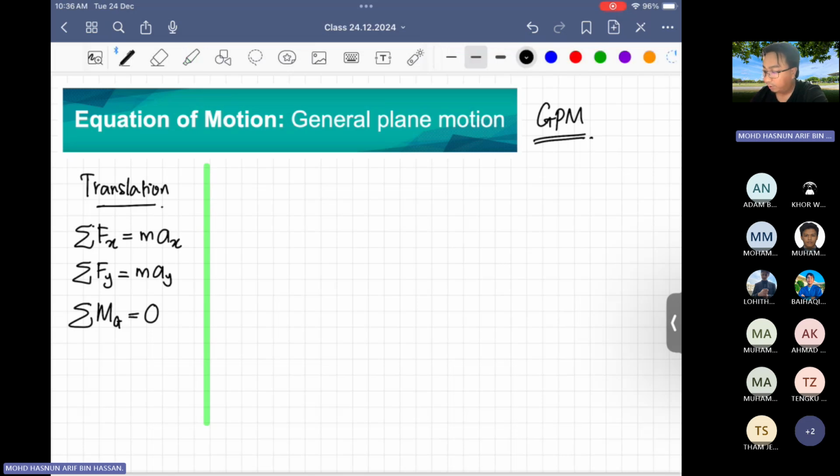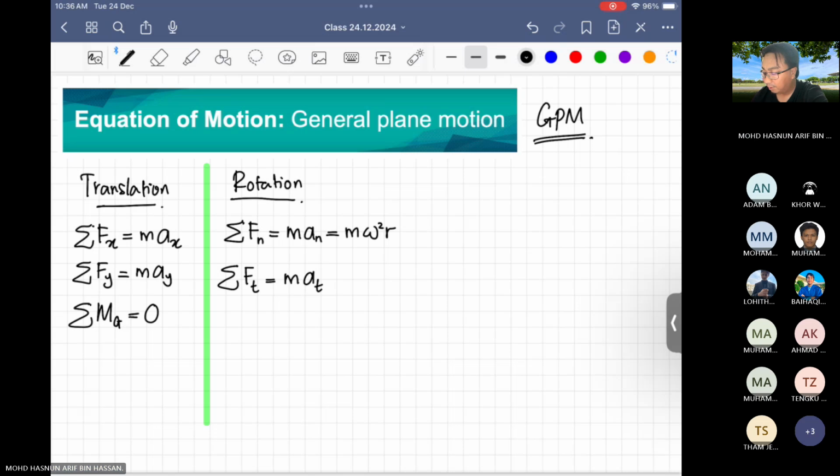In the second subtopic, we discussed rotation. For rotation, we are not using the XY coordinate system, but instead we use total force Fn in the normal axis equal to m a_n, which is also equal to m omega squared r. Okay, and then we have Ft, the tangential axis, equal to m a_t, which is also equal to m alpha r. And finally we have the moment MG, which is equal to IG times alpha,